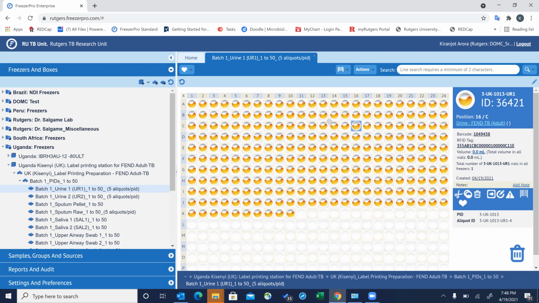Another way, if you want to select specific samples to print specific labels, what you would do is select your first sample regularly, hit the shift key, and keep on holding the shift key on your keyboard, and left click on the electronic samples you want to select, and that way you will be able to select certain samples. Once you let go of the shift key,